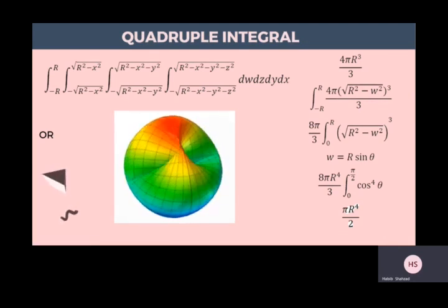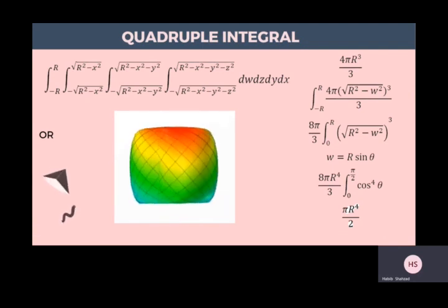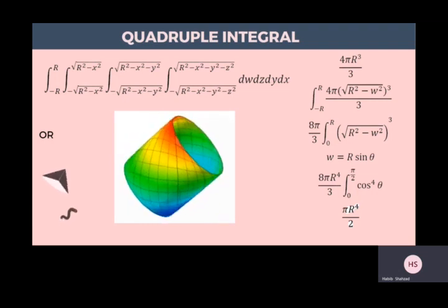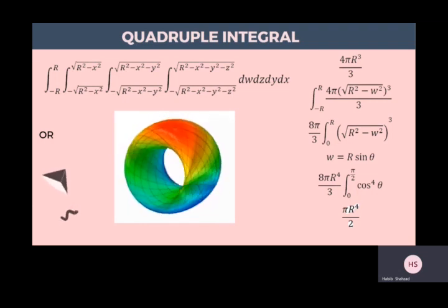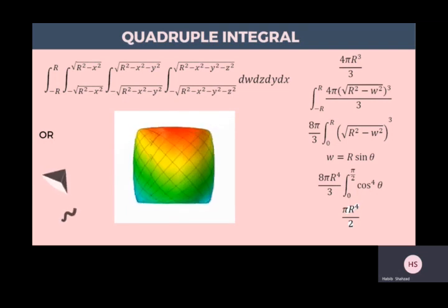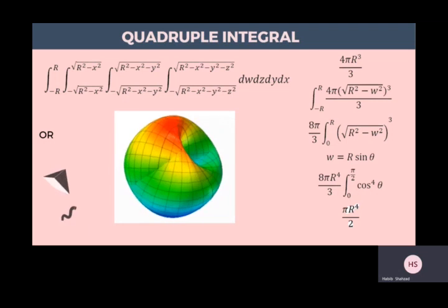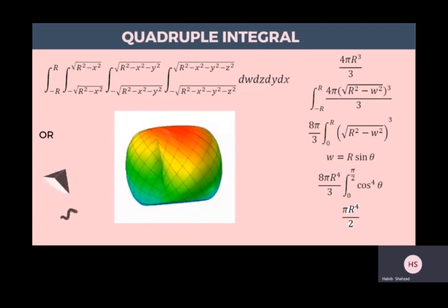Now, as the name suggests, a quadruple integral is just integrating four times, and at each integral level, our limits have one less dimension, as I talked about in the last slides. We also may compute the volume of a 3D sphere, which essentially has the radius of the square root of r squared minus w squared, and which will give us the volume of the